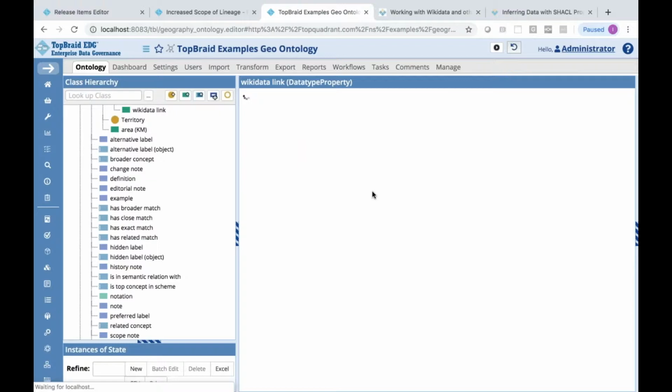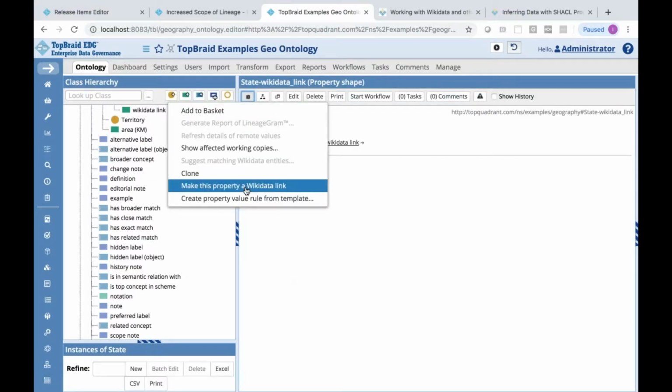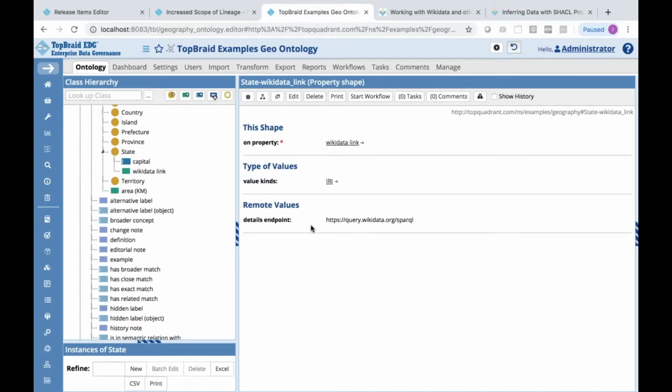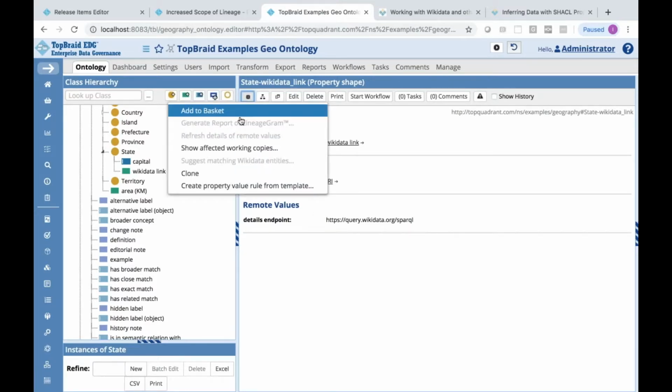So now I'm going to go to this property shape, and again, I'm going to go to the gear menu and make this property a Wikidata link. Now, what happens as a result of it? Because actually this feature is not limited to just Wikidata. What you need to do is provide the endpoint for where to connect to.